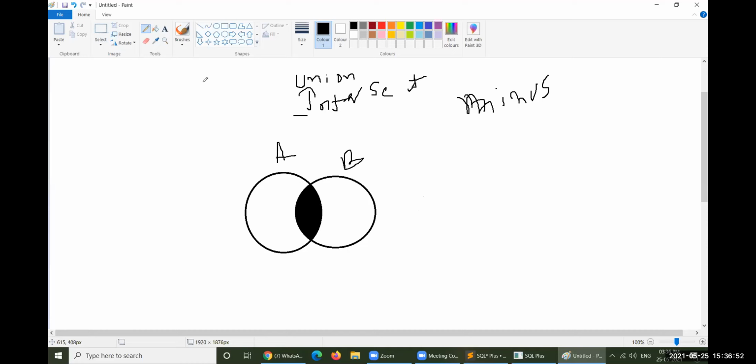A minus B means the unique values which are available with set A. How? Unique values means the elements which are available only at this place, without the intersection. They are called unique elements. And B minus A means the elements which are available with this particular place except all these.